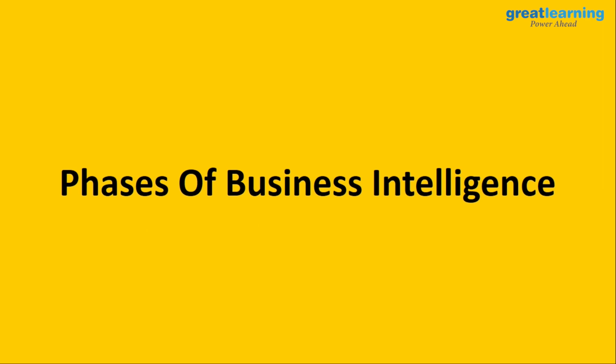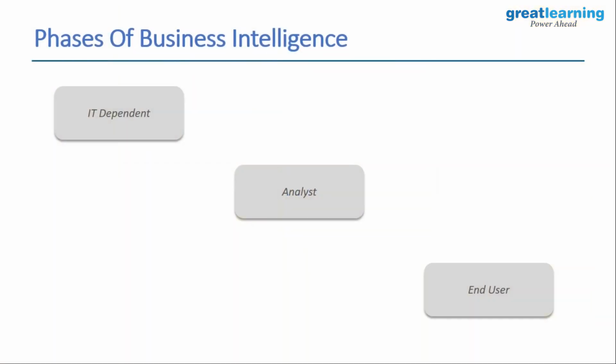Okay, let's now go ahead and understand the different phases of business intelligence. So this is one more bit that we'll be including in the business intelligence part. Now, these are also the phases in which data visualization has evolved, but let's talk about it from a business intelligence perspective, right? So basically, when you talk about business intelligence, we are talking about data, right? Again, guys, please note one thing. When I'm talking about business intelligence, right, we are talking about a domain that specializes in dealing with data.